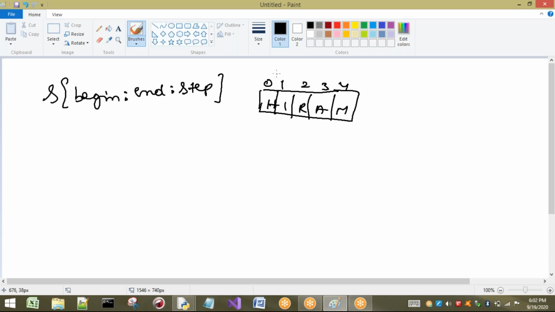If you are going from left to right, that is the forward direction, so we have positive indexes. In the backward direction we have negative indexes. Positive index starts from 0, negative index starts from 1.